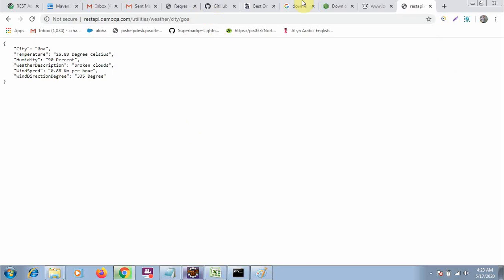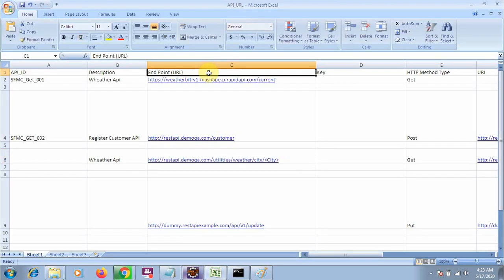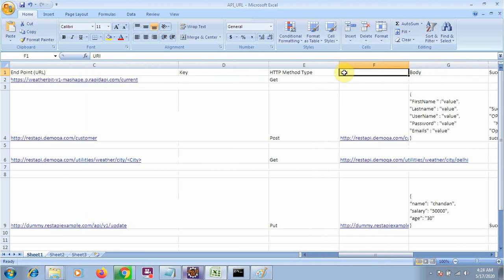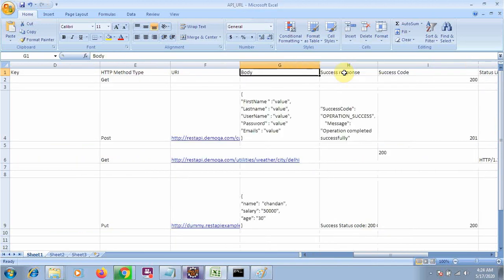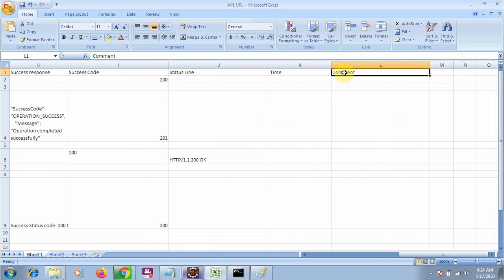So this complete URL is the URI, and this parent URL is your URL or end URL. That's why I have written the end URL here, and here we will write the URI. Then we will create a column for the body, then the response, the status code, the status line, then time and the comment.